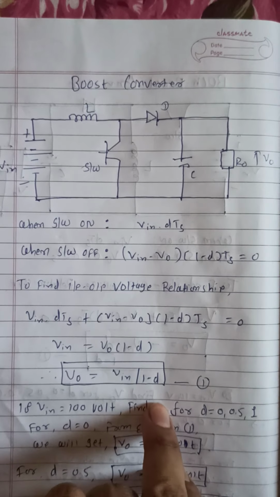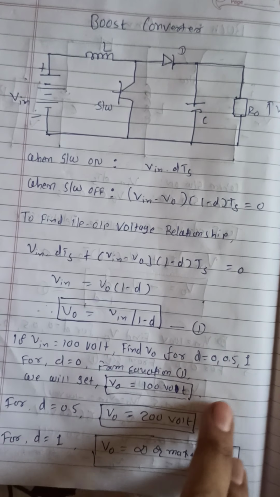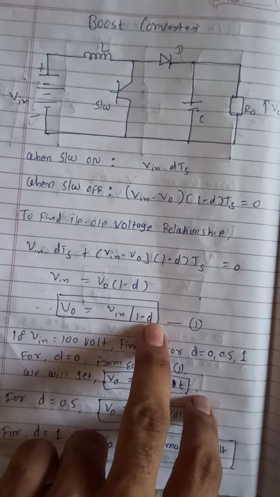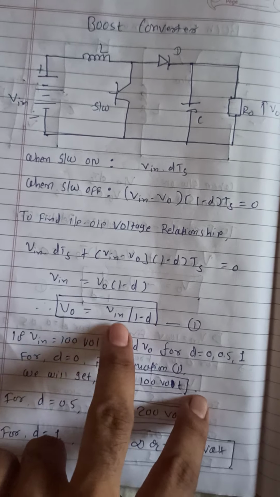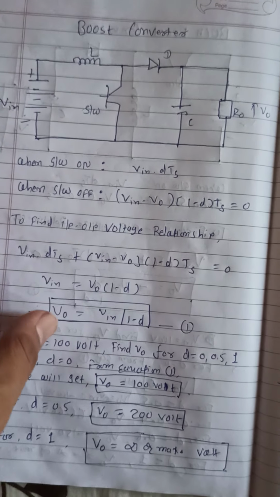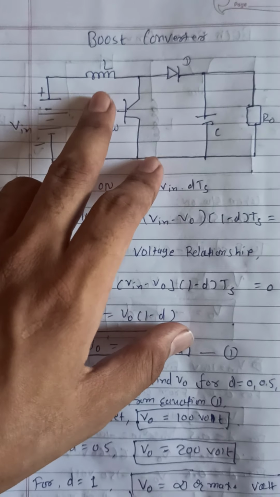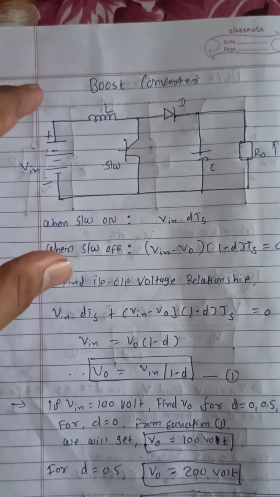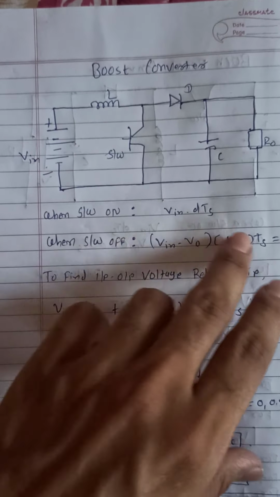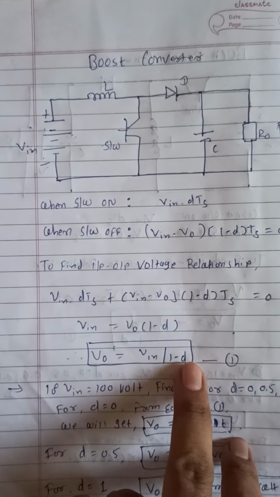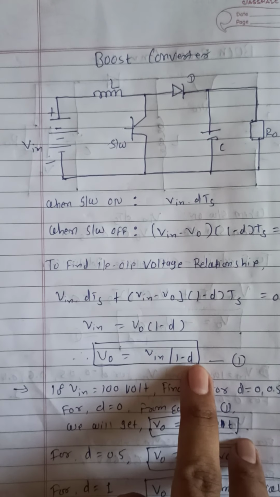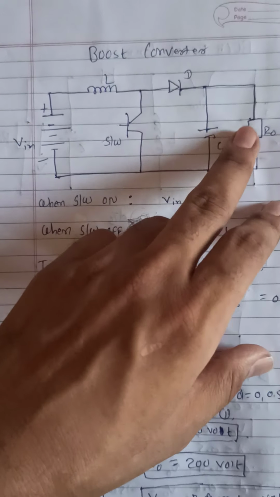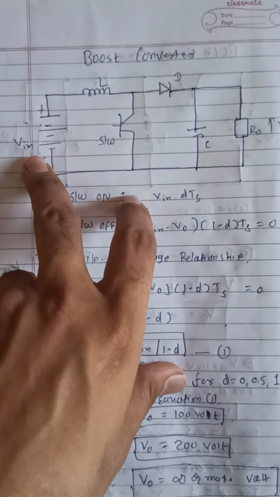Yes, if you put D equal to 0.9, then you will get more and more voltage. But from the equation, from a theoretical perspective, if you put D equal to 1, then you are getting V0 equal to infinite or maximum. But in that case your core is saturated or some device has failed. Okay, so practically it is not there, but you are always getting higher output voltage. From this relationship you can find that you always get higher output voltage than your input voltage.